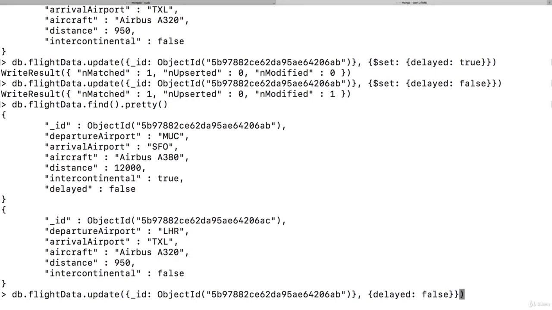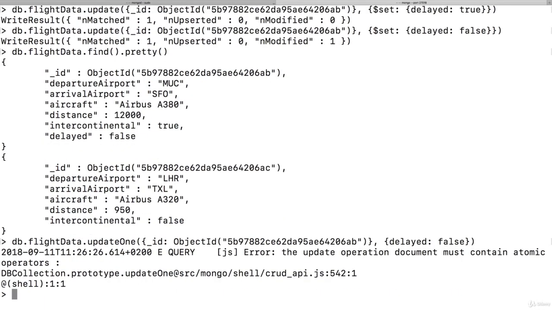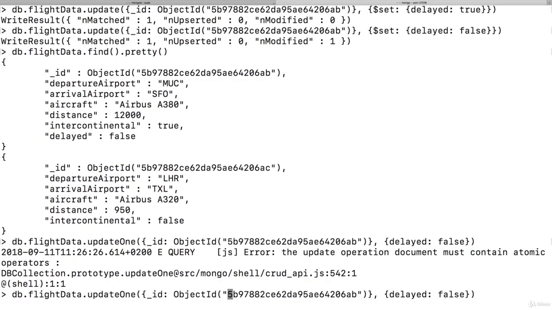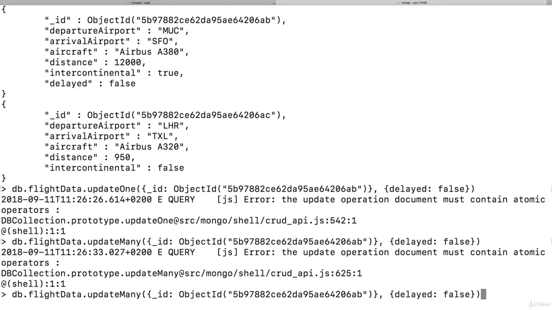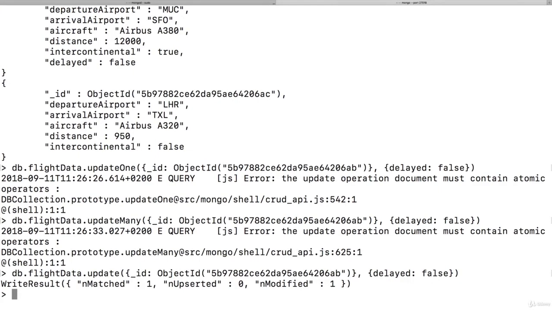So if my second argument is now just delayed: false in a document. Remember, with updateOne, this gave us an error. And the same, by the way, is true if you would use updateMany here. You also get an error here. Now with update, so just update without Many or One, this actually works. You see it was accepted and one document is changed.